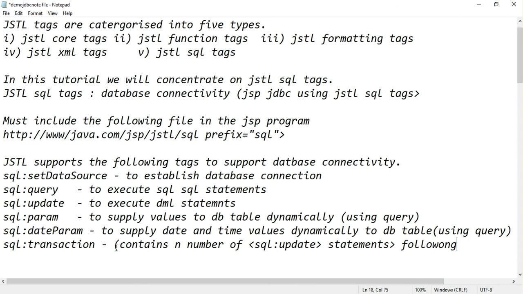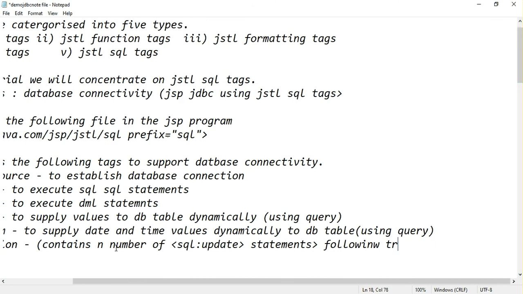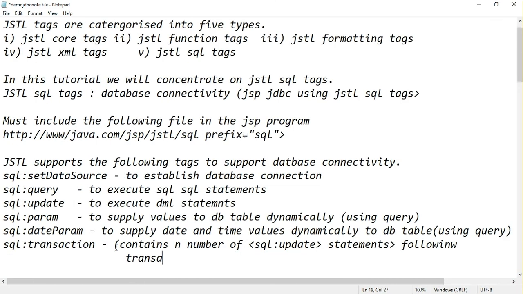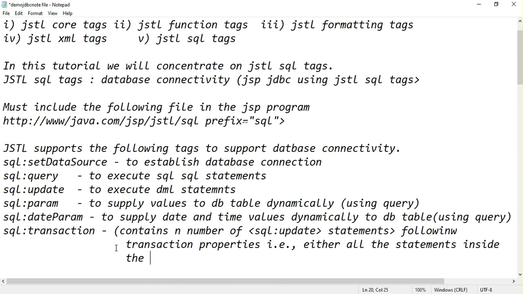Okay, following the transaction properties, either all the statements inside the transaction are executed, or none of them are executed.